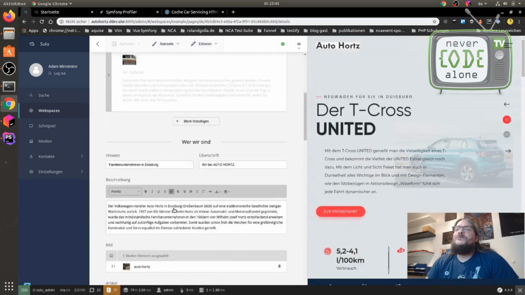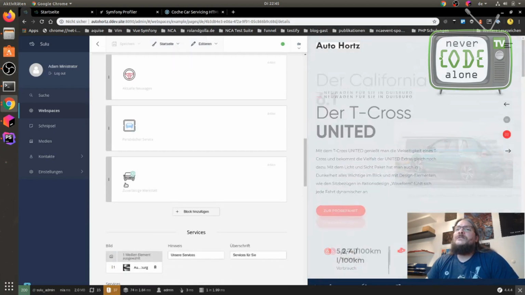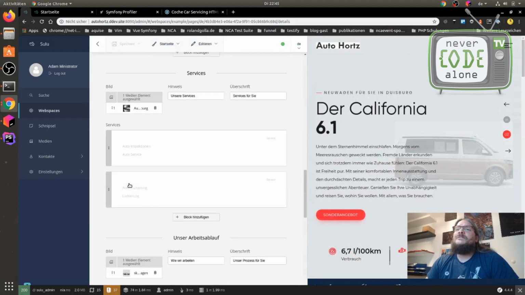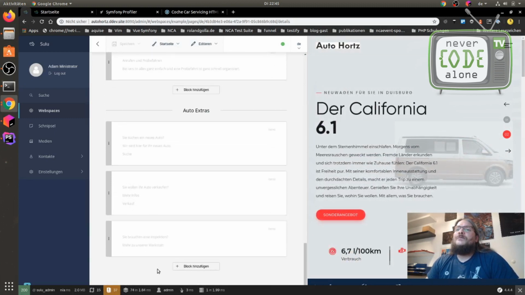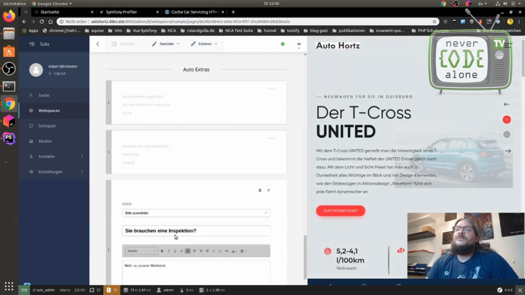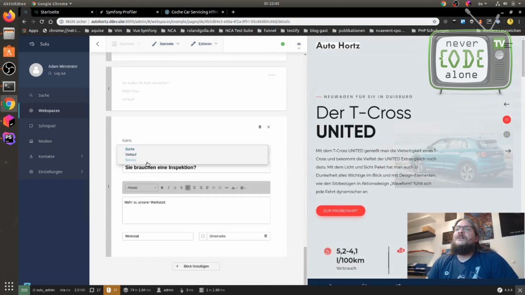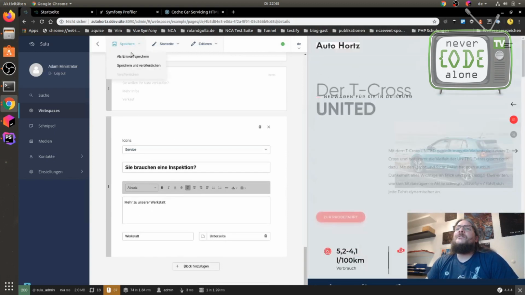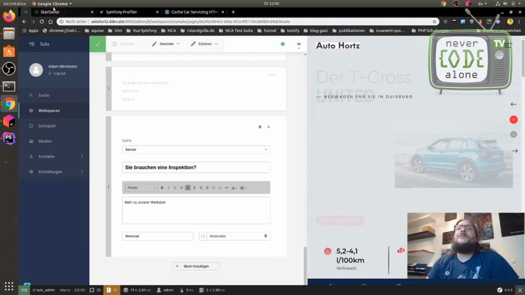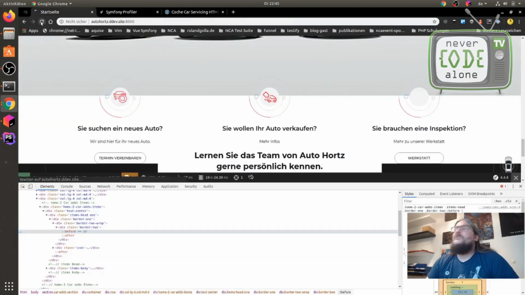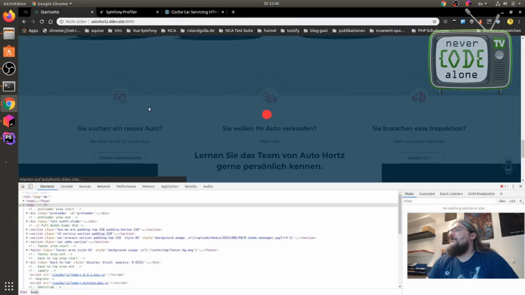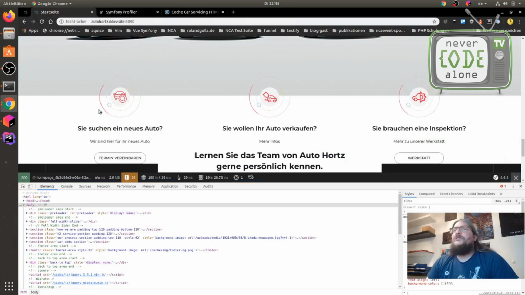Maybe we have to do a new save. Okay, there it is. I have to select service here, save and publish, and now this is here also. Now all icons are red.